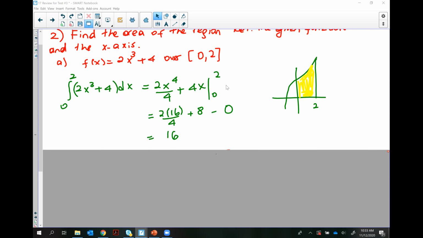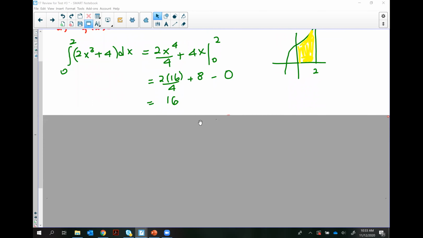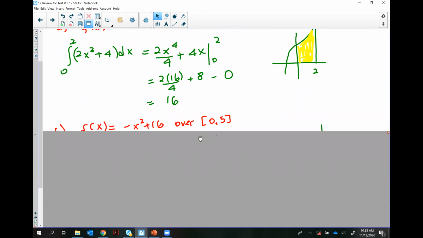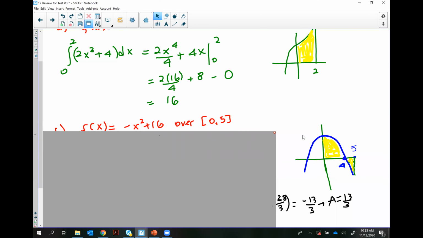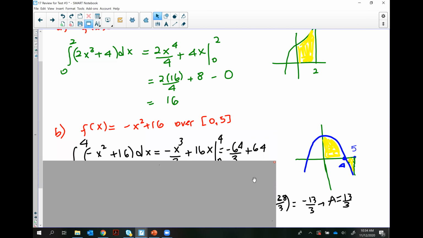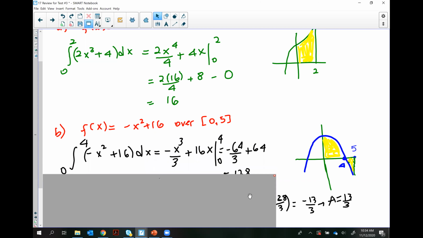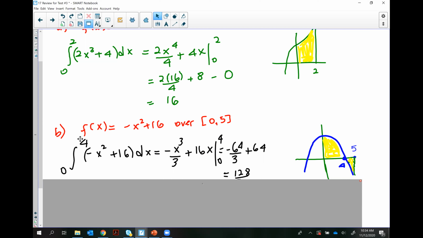Now, for the ones with a negative region, where the function dips and is sometimes positive and sometimes negative, we split into two subregions. In this case, from 0 to 4 and then 4 to 5, and then we're going to add the absolute values. So we're going to do it in two subregions. Go from 0 to 4, anti-differentiate the function, which is negative x to the 3 over 3